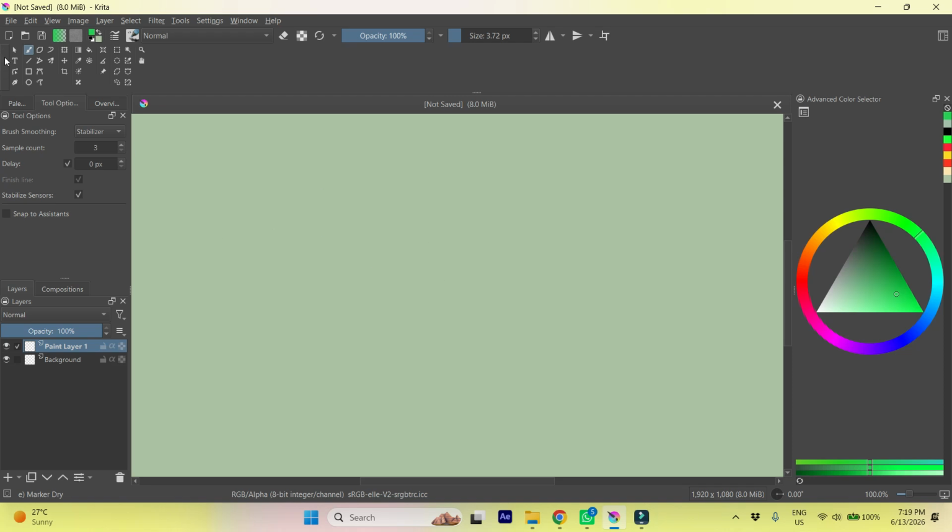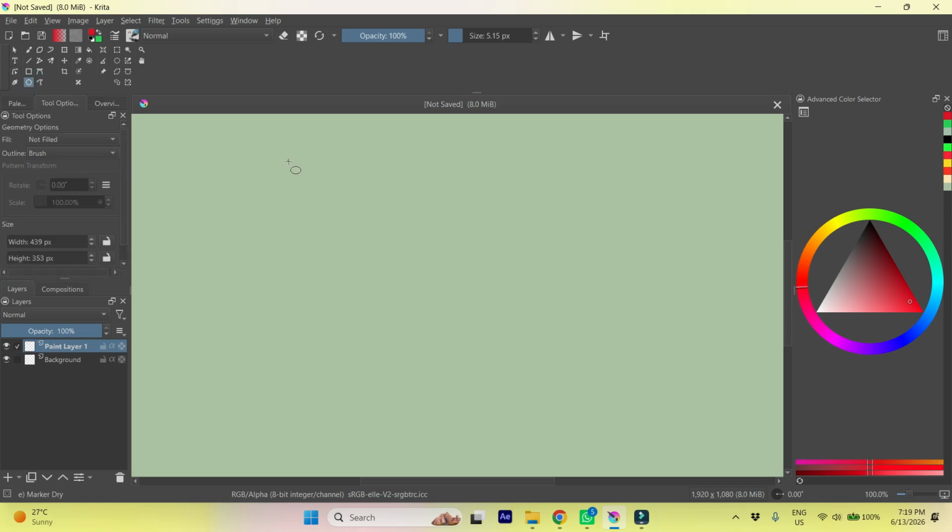Firstly, we have to choose brushes. I'm going to the brush tool and I'm choosing the size of the brush and the color. I want the color to be red. Okay, now let us see. Good line. And let's go to our ellipse tool. With the ellipse tool, I'm holding left click of my mouse and see, nice